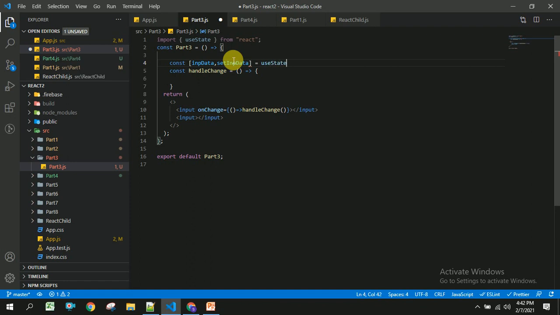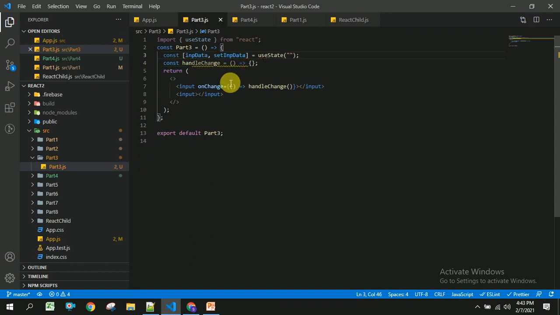In order to manage the state, we are going to use useState, and initially I am setting it to an empty string.